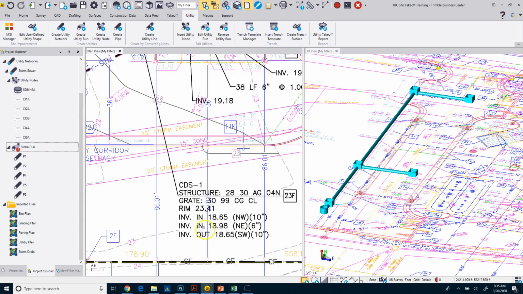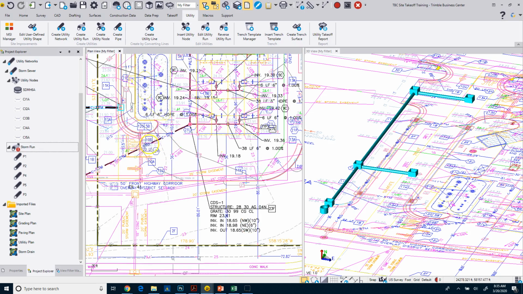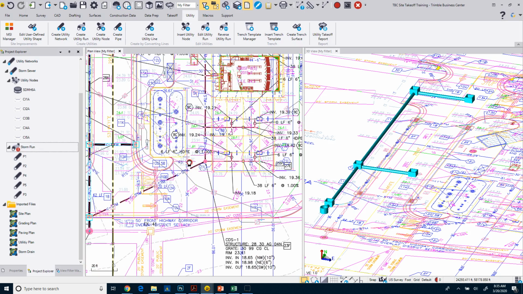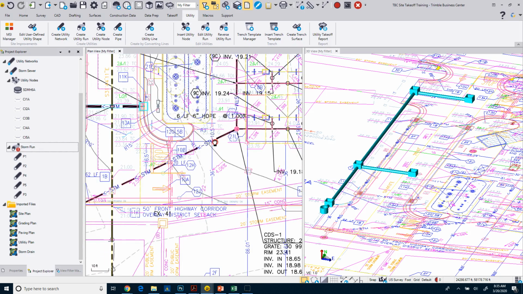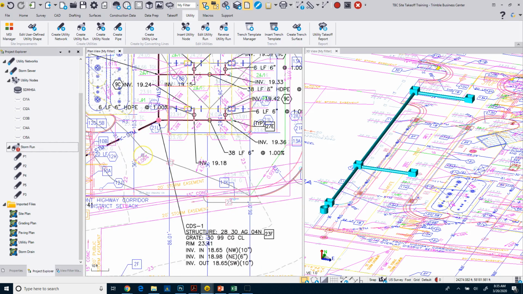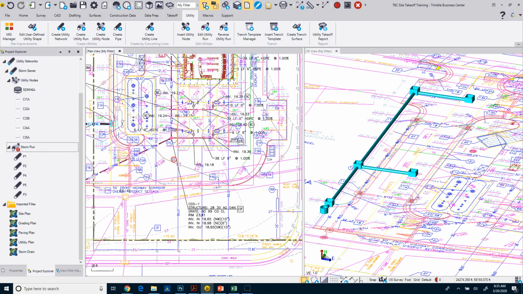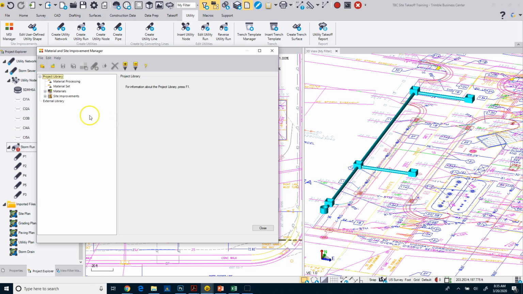Also notice that we've got 10-inch pipe along with a 6-inch pipe. So this looks to be a 10-inch pipe, and it looks like it's PVC as well, or HDPE. So what I'm going to do is go to my MSI manager,